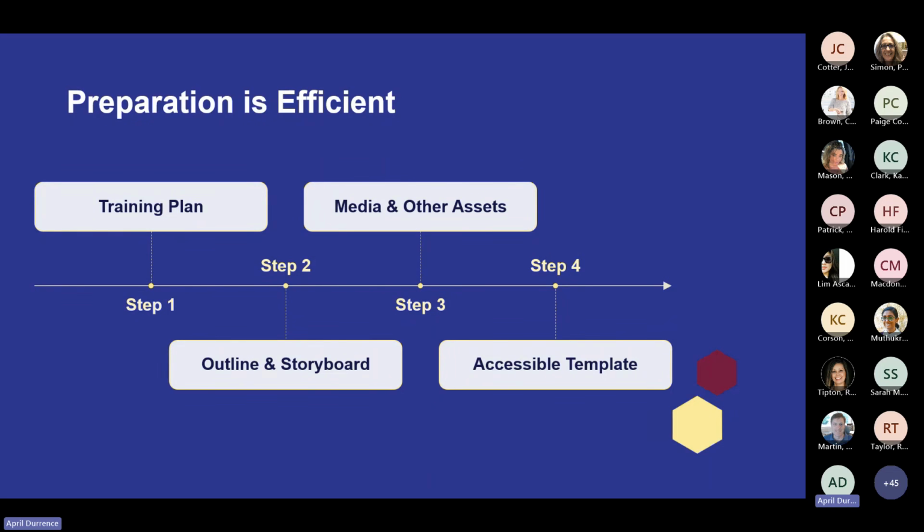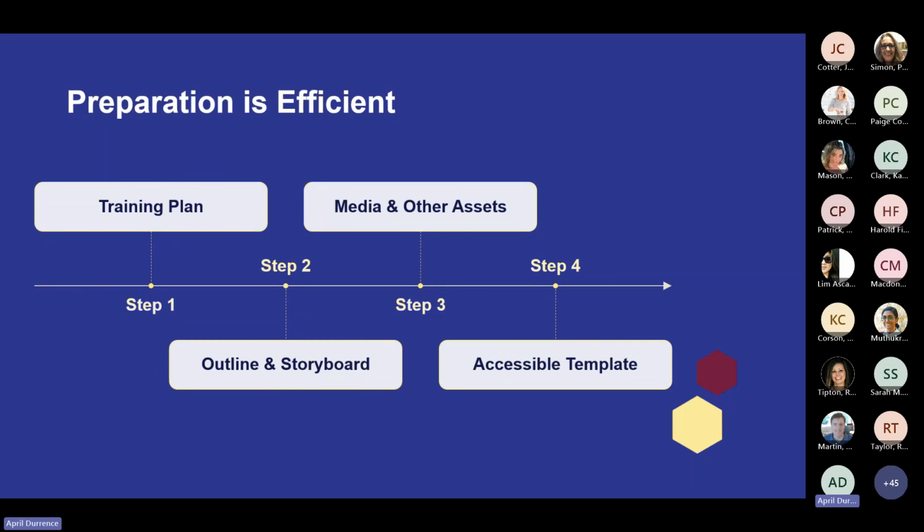So if you regularly create courses, consider developing a training plan outline ahead of time that you can fill in with your specifics for each training project, describing the courses you need to create. Once you have a specific project, the training plan should define clear, action-oriented course objectives, what someone should be able to do, not just what they need to know after they complete each course. This will help you begin to outline the course. A detailed outline and storyboard for each course helps shorten development time considerably.